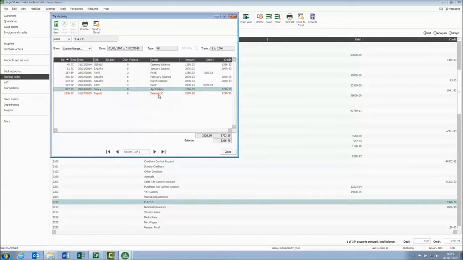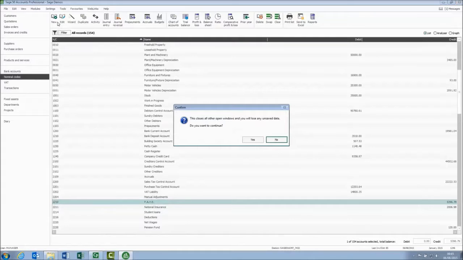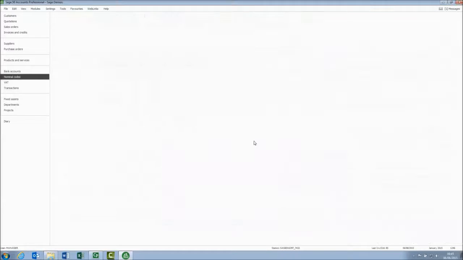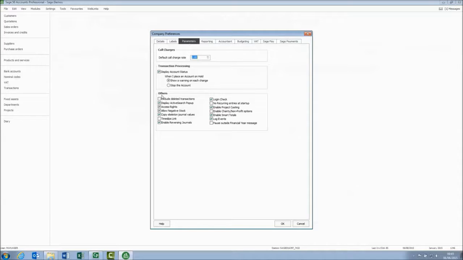Now, there is an option, and this is an option that's been in the software for quite some time, where we can hide those transactions, those deletions, so we can actually look at our activity and only see our live transactions, and this applies to customer and supplier activity screens as well. So to switch this option on and hide those deletions, we just go to Settings, Company Preferences, click yes to the prompt to close the other windows, into Parameters, and in the other section, the first option, exclude deleted transactions,